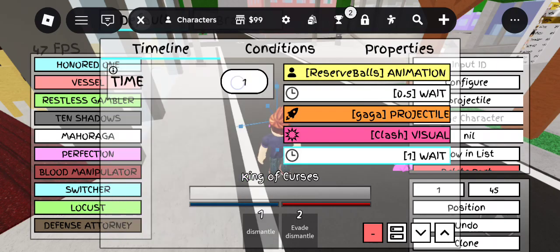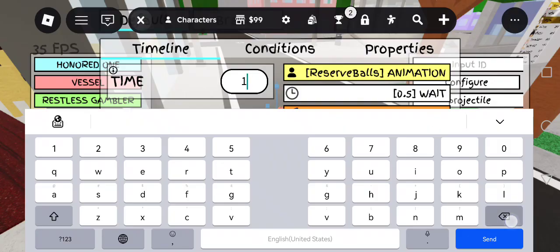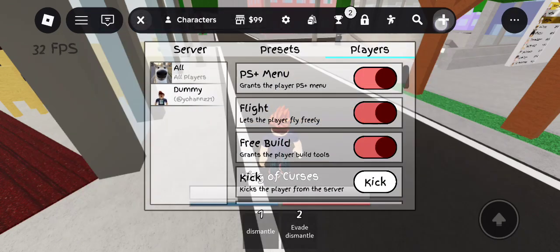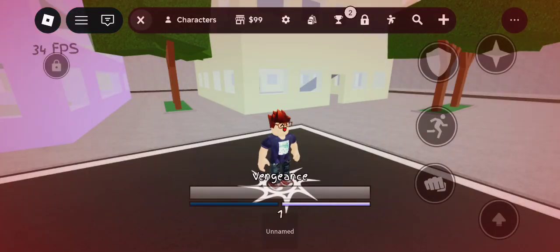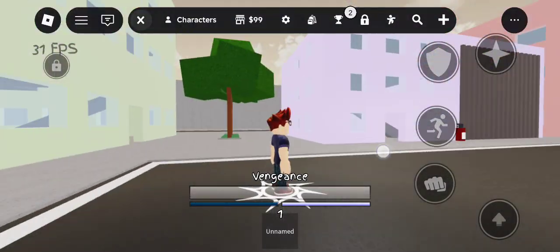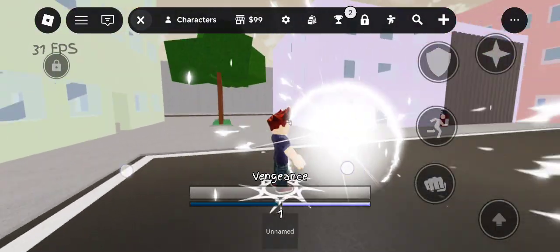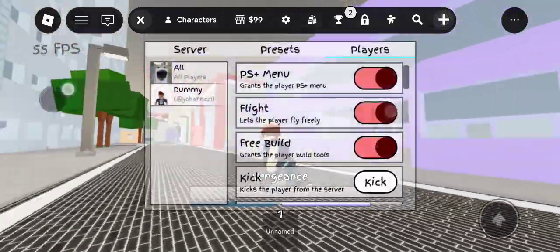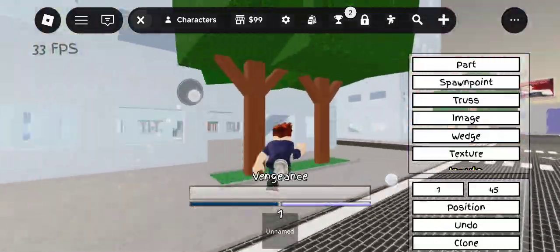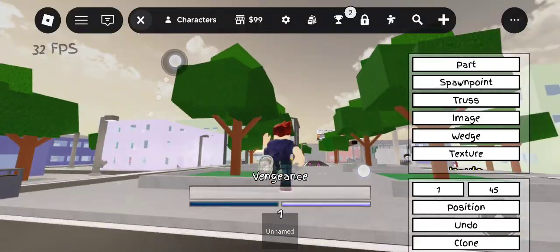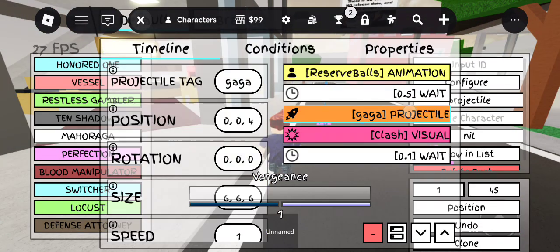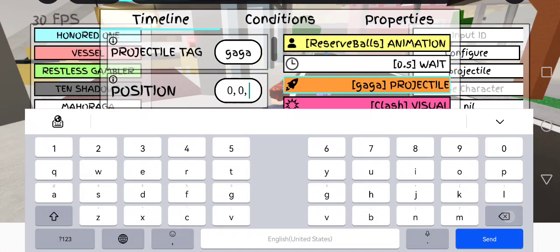And then after that, we're done. See that? It's not moving. Wait, let me just try it. This is something in the process. Let me do it.